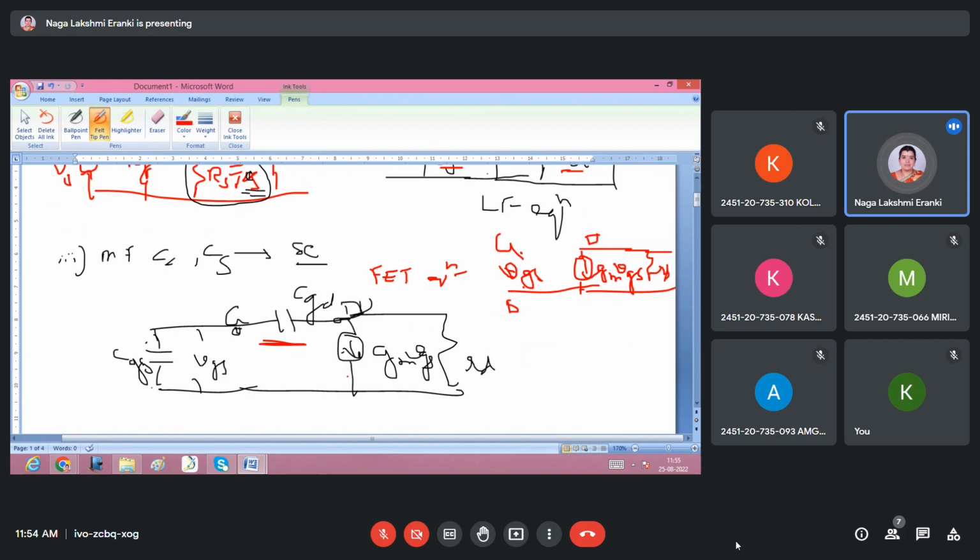Like in the BJT, the hybrid pi equivalent model consists of a resistor and a capacitor between the base B dash terminal and the collector terminal. These resistor and capacitor are replaced with their Miller equivalent circuit. What do we have to do to replace it with the Miller equivalent? With respect to the gain, we replace it at the input and output. So once you replace the capacitor at the input and output with the help of the Miller equivalent circuit,